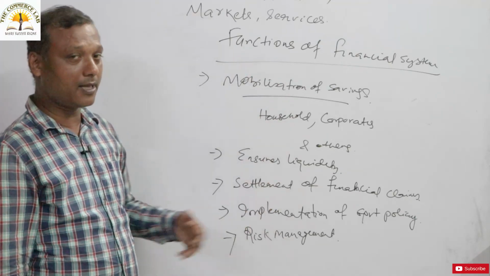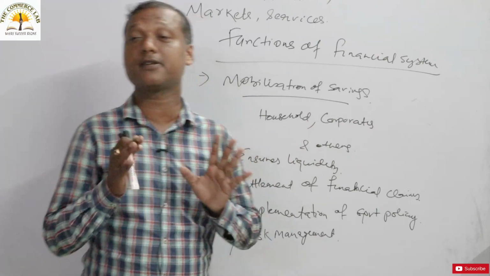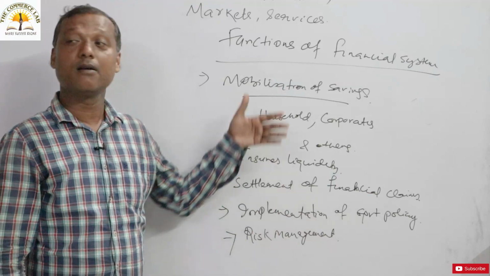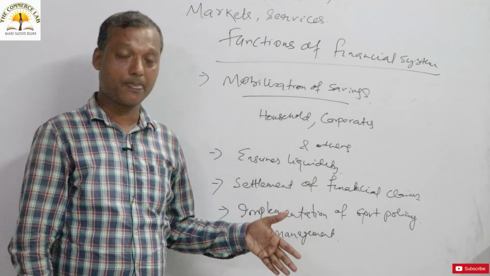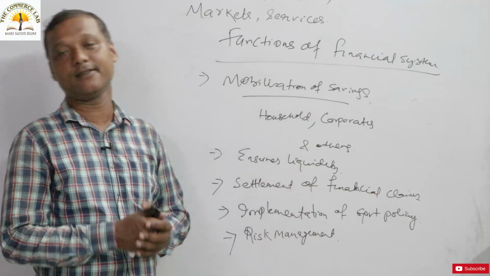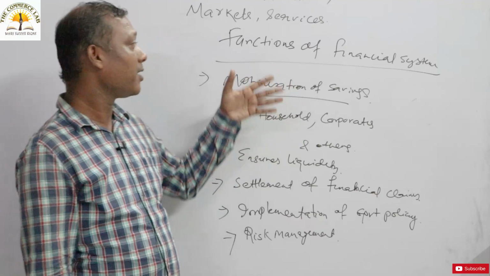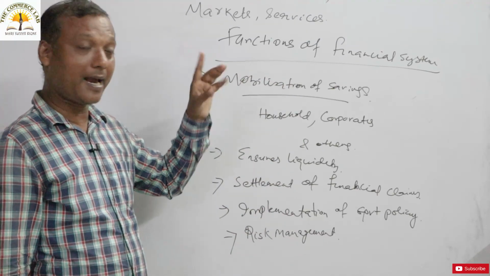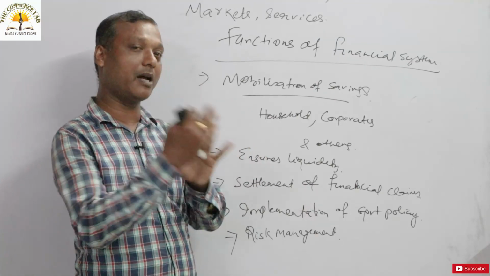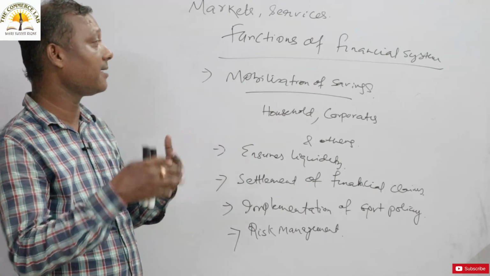Just let me revise all the things we have discussed. We have discussed what is a financial system. We have discussed the composition of the financial system. We have discussed the objectives of the financial system. And in the last part, we have discussed the functions of the financial system. Understood? This is our starting class. I hope you understood. As I said in the beginning, we will move from chapter to chapter, and we will discuss different financial systems.